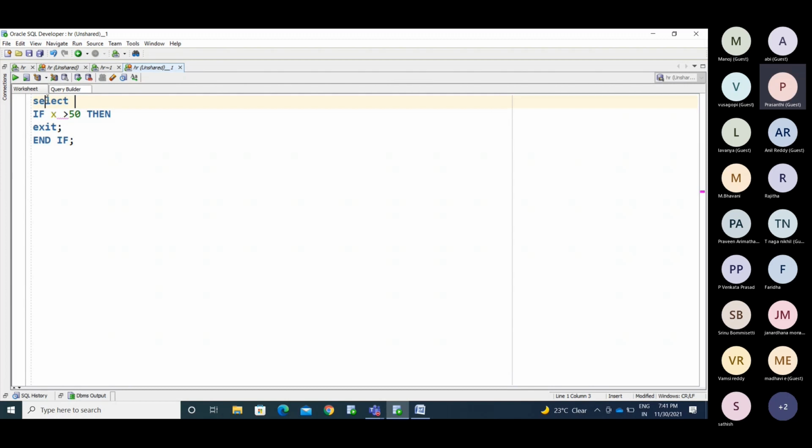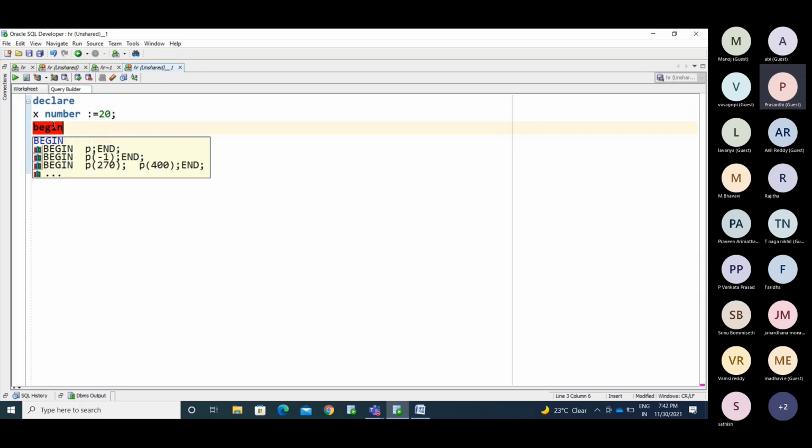Okay, so declaring some variable: x number equal to 20. I declare a variable and assign some value to it. I'm using that conditional statement.